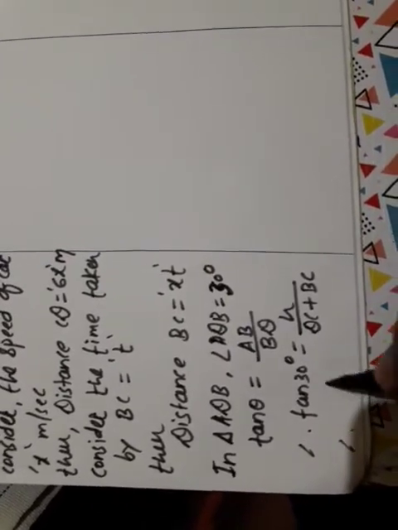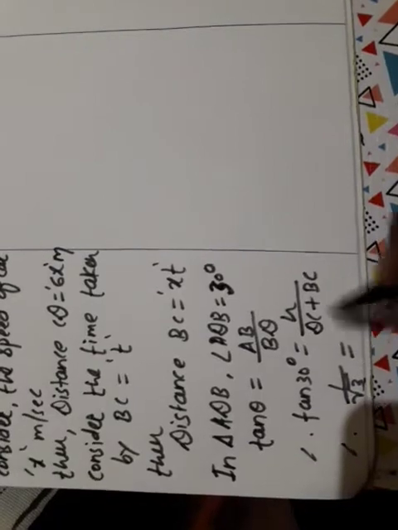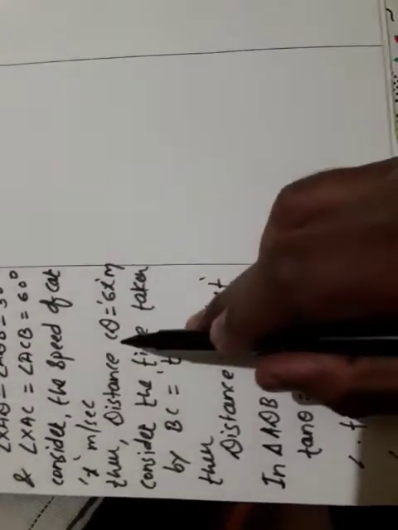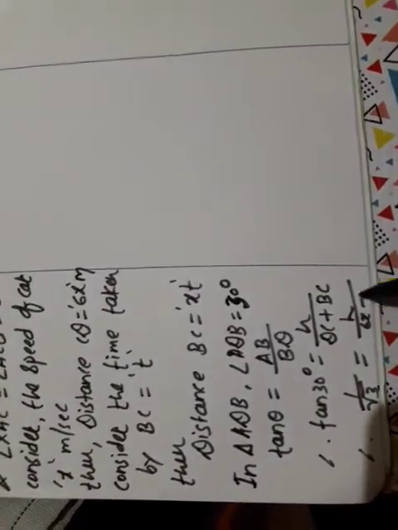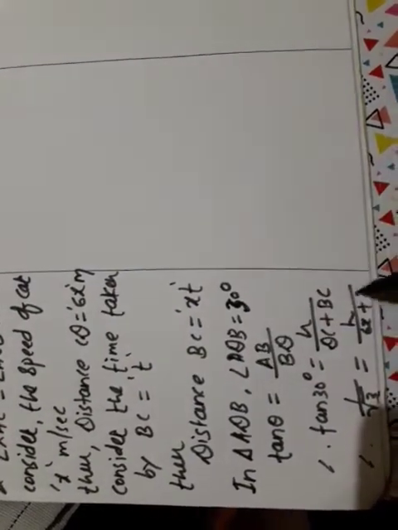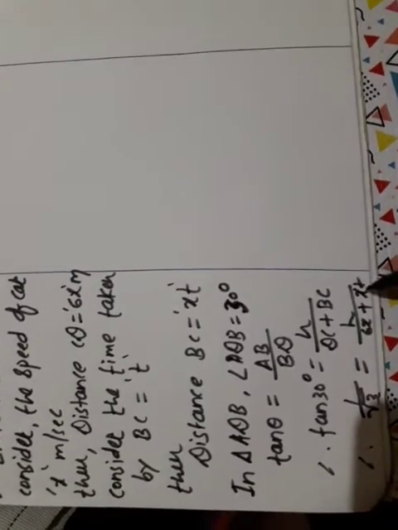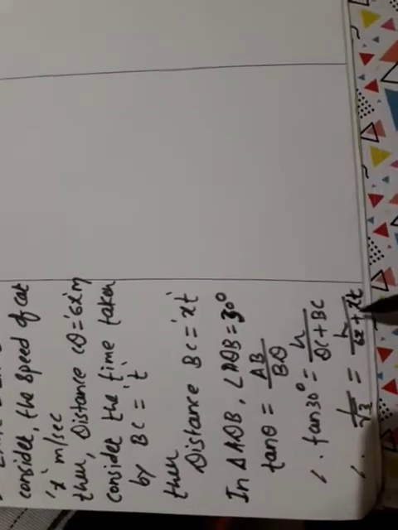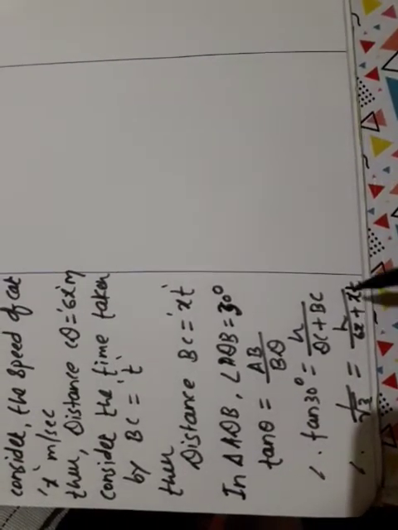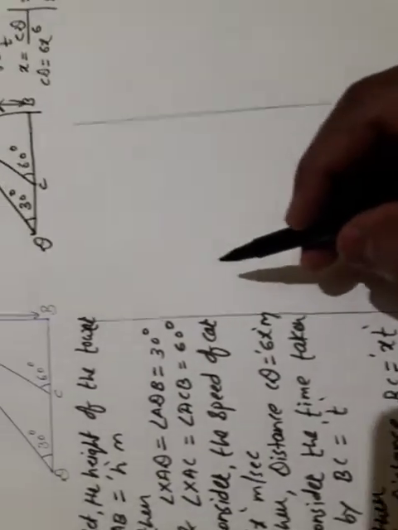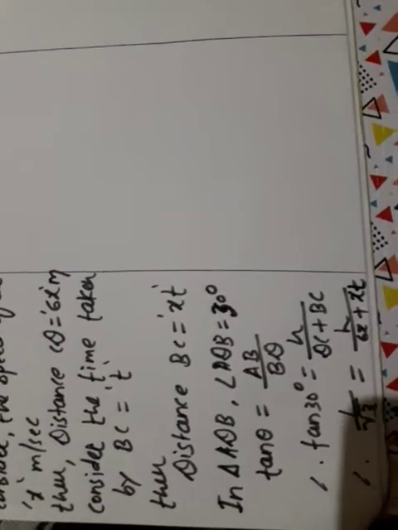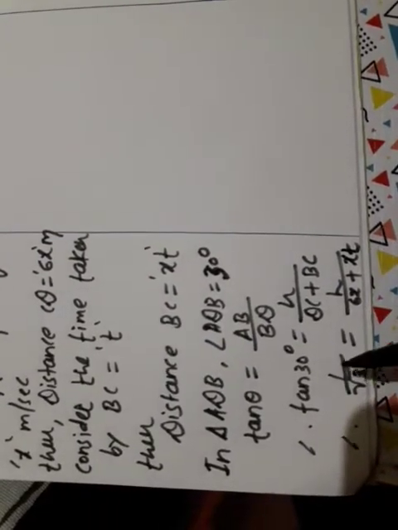tan 30 डिग्री 1 divided by √3 is equal to H divided by DC. DC का डिस्टेंस क्या है? DC means CD 6x plus BC XT. Now cross multiplication. ये प्लस है, नहीं है, XT है, 6x plus XT. ये T नहीं है, ये प्लस है, ये T है. Okay, next we will continue. We will cross multiply 6x plus XT into 1. देखो इधर 6x plus XT into 1 and √3 into H. I will write here.